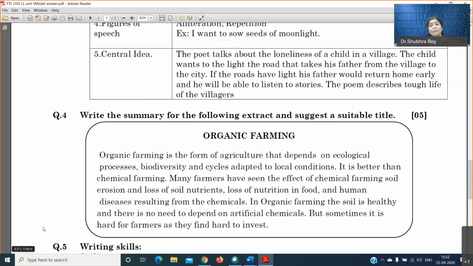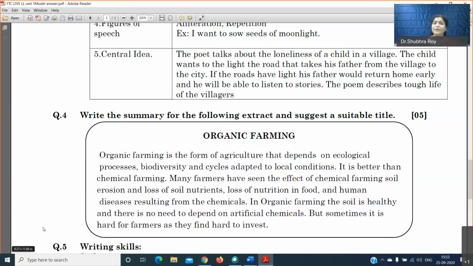So these are the important points that were in the passage, and those important points have been taken and put in the summary. The first part is the title for 1 mark. The second part is you have to take the key points, the important points, frame your own sentences to connect them, compile them in your own words and write it down. The third point is the word limit. The word limit should not be more than 30 to 40 words.